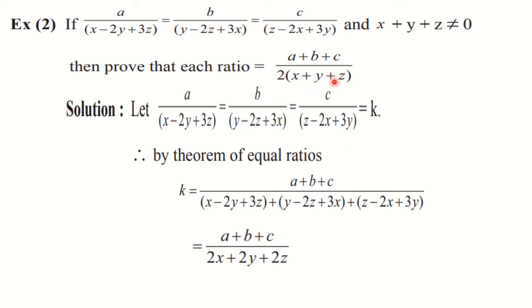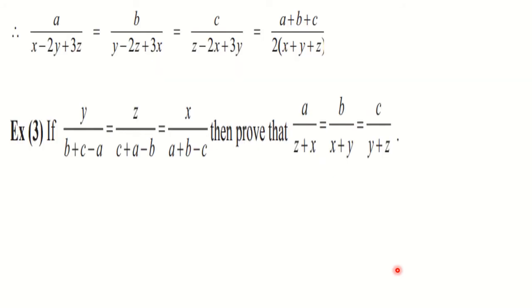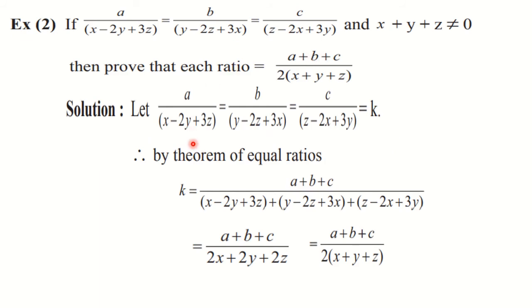But please see the question. Here 2 is taken out common. You will find that 2 is common in all these three terms. So simply in the next step you take out that 2 common and write down the final answer, that is a plus b plus c upon 2 inside the bracket x plus y plus z. And finally you can write down the answer, that the original three ratios are equal to the new ratio which we have found out, that is a plus b plus c upon 2 inside the bracket x plus y plus z. Okay, so this way you are going to solve the sums.